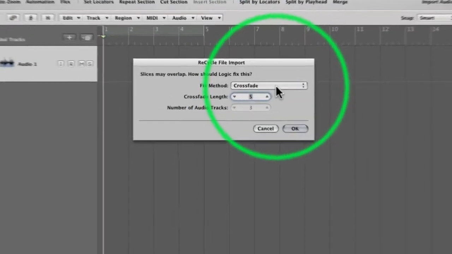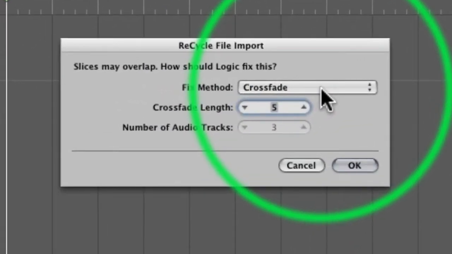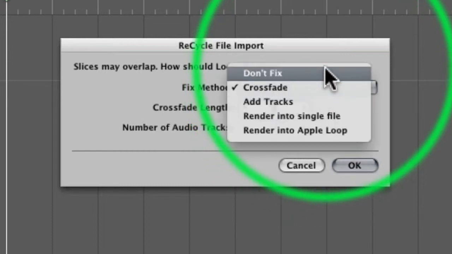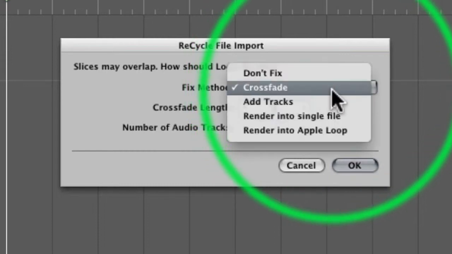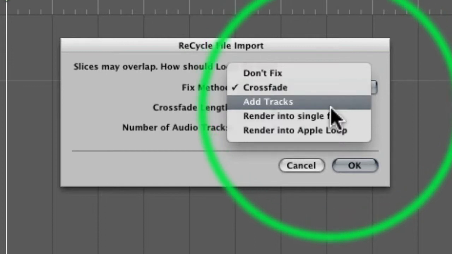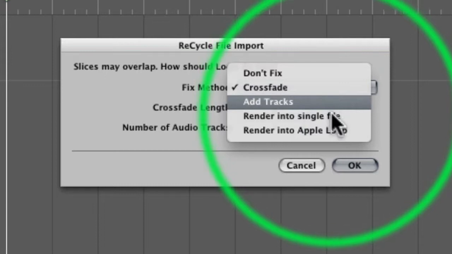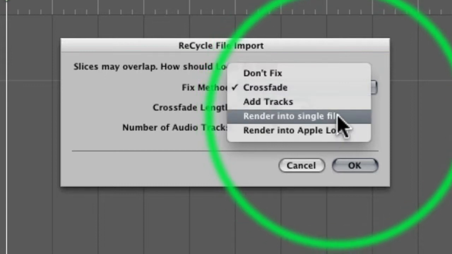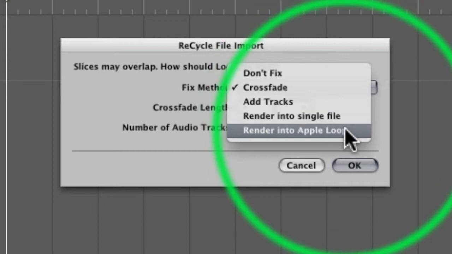Now, this will vary DAW to DAW, but in Logic, it wants to know what to do with the slices. You can not fix them, so they're all over the shop. You can crossfade them, so it individually crossfades each slice. You can add tracks, which is a bit of a nightmare because it gives you a track for each slice. You can do that if you want, but I wouldn't advise it. You can render it into a single file, so it'll lose its tempo-based info,